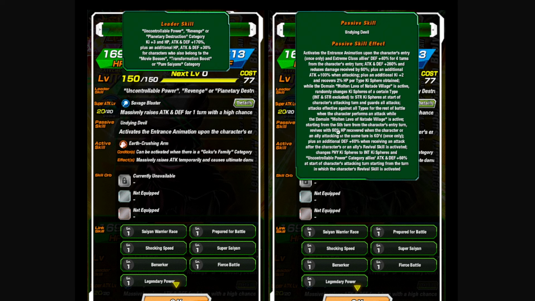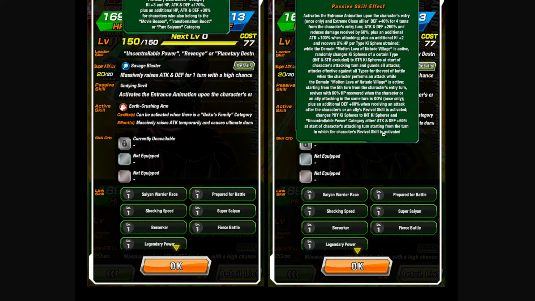here with 60% HP recovered, and then you're gonna revive. Crazy. Plus an additional 60% when receiving attack. After the character or ally's revival skill is activated. Changes physical key spheres to int key spheres and uncontrollable category allies. Attack and defense 60% at the start of the character's turn, starting from the turn in which the revival skill